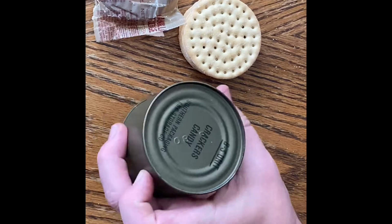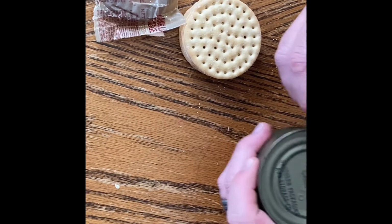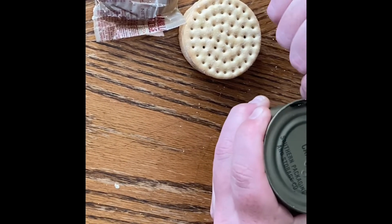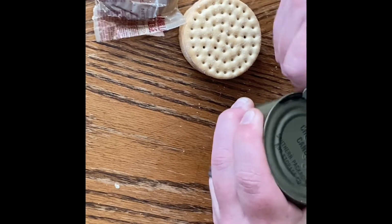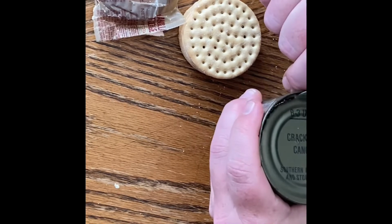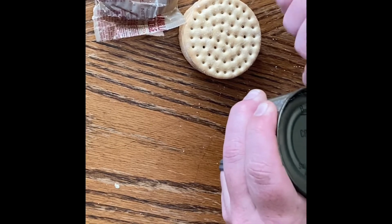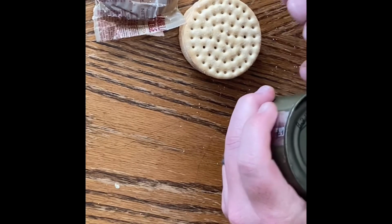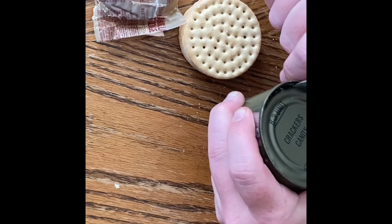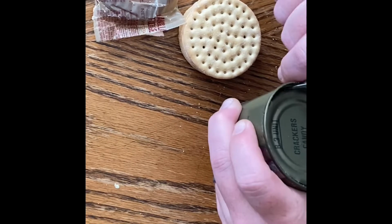And then next up is the B3 unit. Again, P38. I've got a can opener right over there, but let's do it old school. I've had a P38 since I was a kid. I grew up reading books about World War I, World War II, watching movies, and so I always wanted to be like the guys that I read about and watched the History Channel about, when the History Channel actually showed history instead of